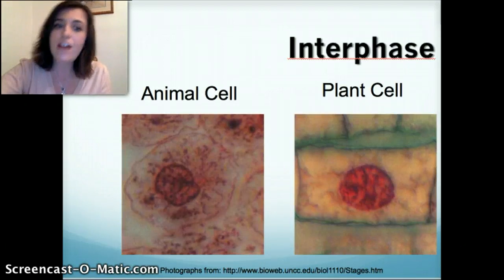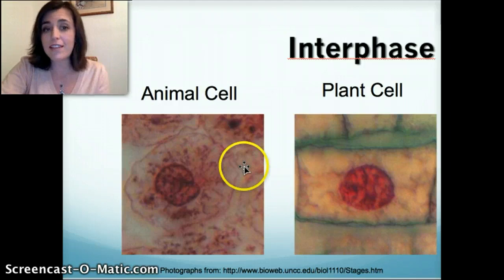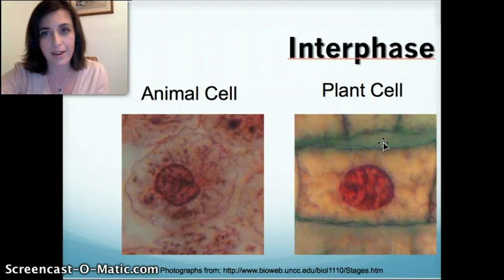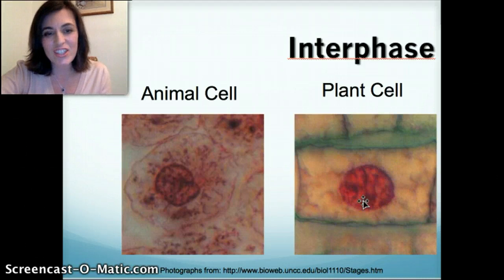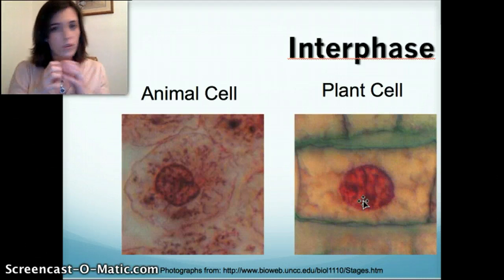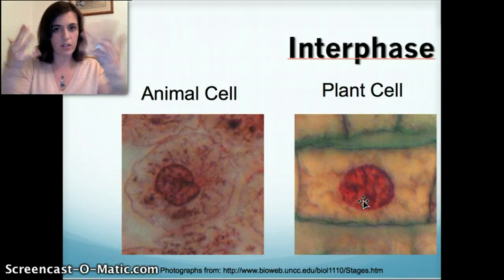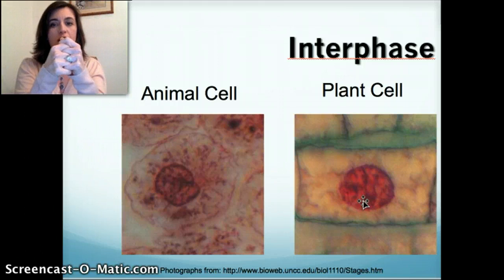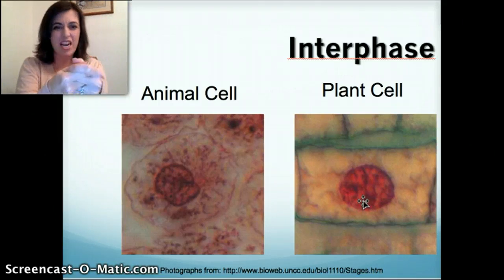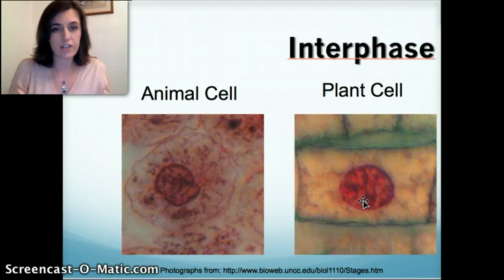When you look at a cell underneath the microscope, this is what they look like. This over here on the left is an animal cell. This over here on the right is a plant cell. Now this is what your nucleus looks like. You can kind of see that there's DNA in there, but you can't really see those really cool chromosomes. All of those little chromosomes like that we used in class, we said that our chromosomes were like our fingers here. Can't really see them. They're all balled up in a big old ball stuck in here. And you're like, I can't see it, but it's there. Big old ball of yarn. Remember we talked about that. That's in interphase. You're only going to start to see those chromosomes when you're starting to enter prophase.